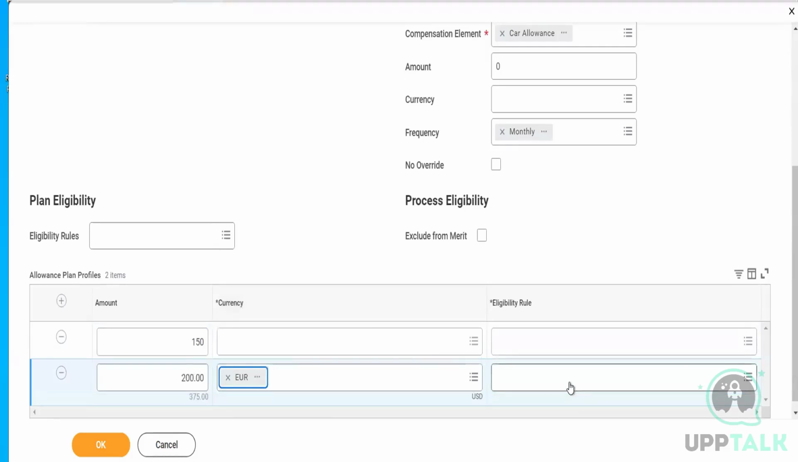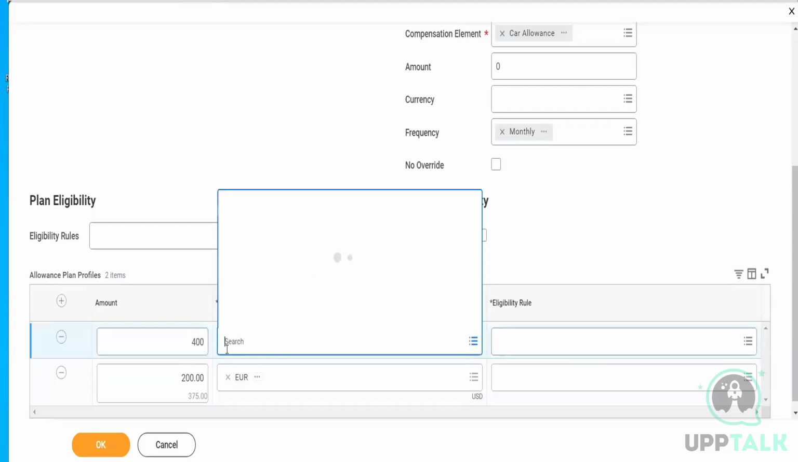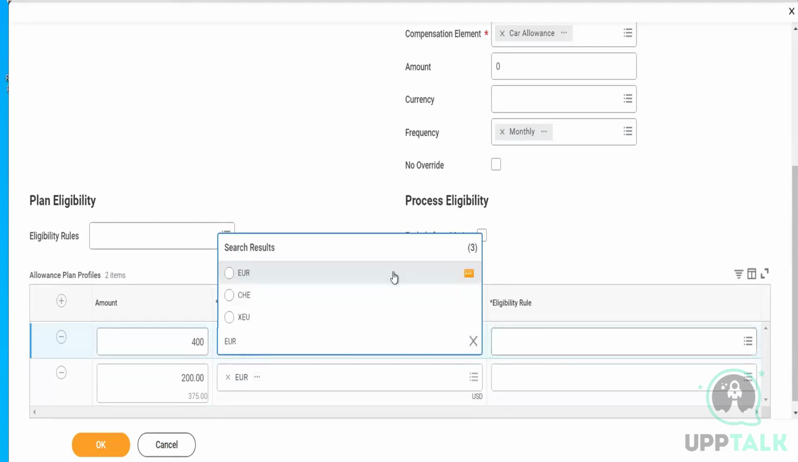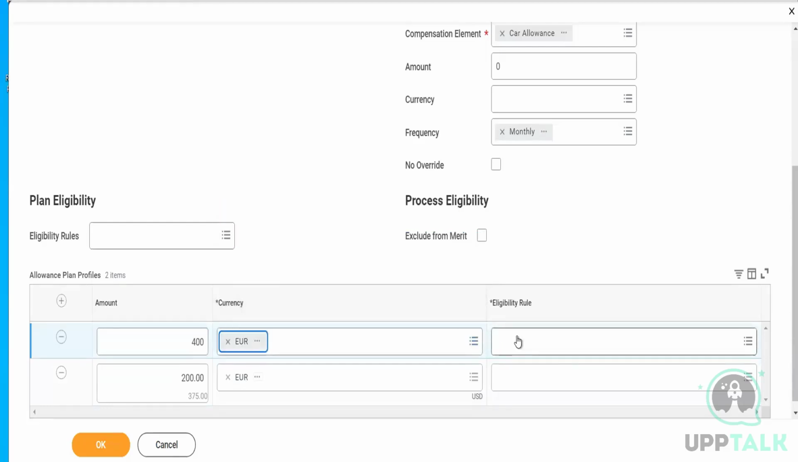That worker is from Netherlands. So the system auto takes it: the system reads the eligibility rule and populates the data accordingly. Here I will again define 400 euro. And in the eligibility rule section, now I will create a new eligibility rule and I will define the